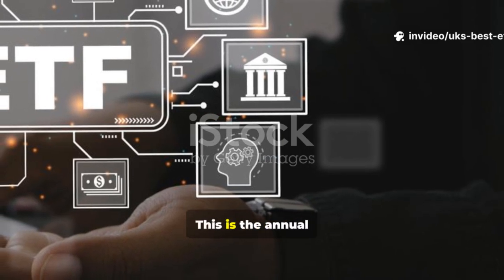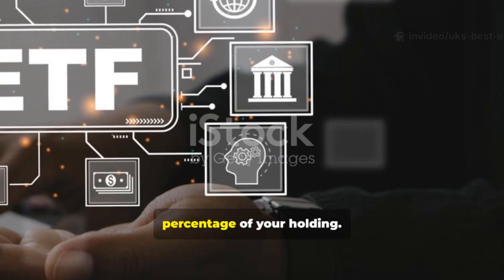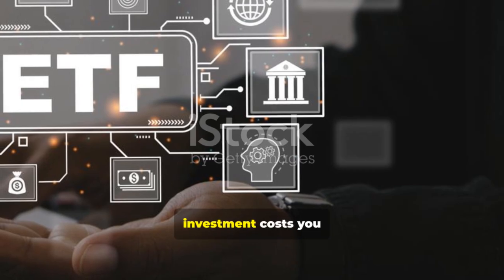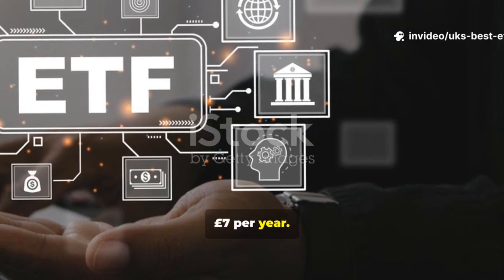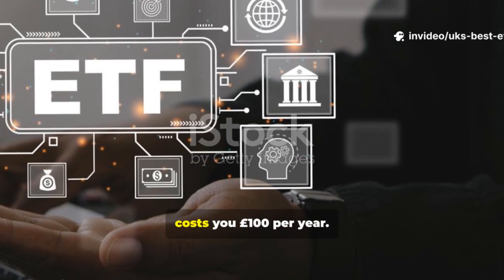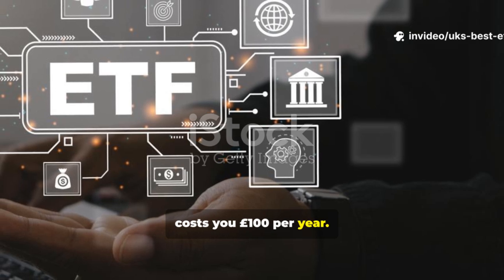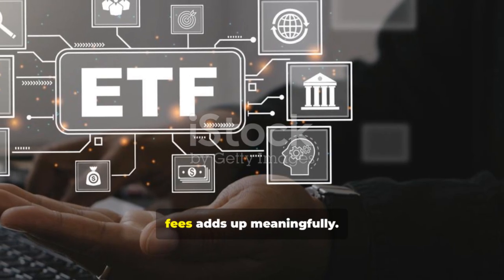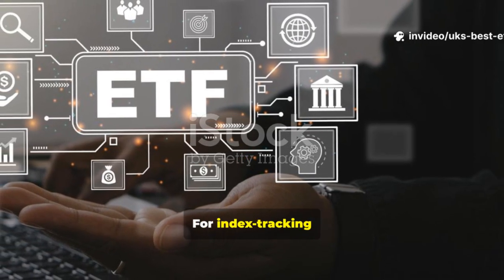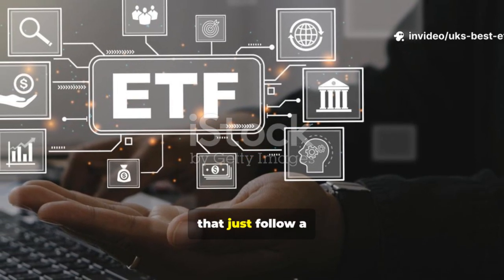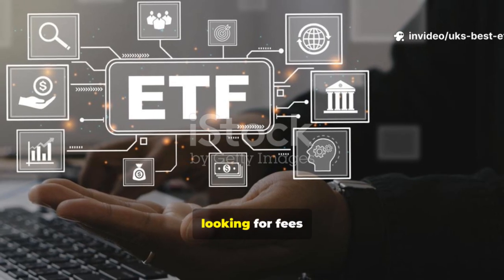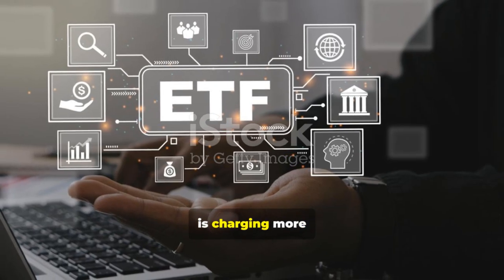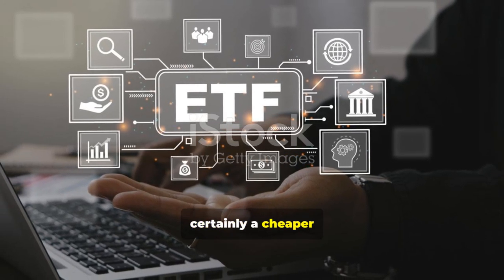ratio. This is the annual cost of owning the fund expressed as a percentage of your holding. A 0.07% fee on a $10,000 investment costs you $7 per year. A 1% fee on the same amount costs you $100 per year. Over 10 or 20 years of compounding, even a seemingly small difference in fees adds up meaningfully. For index tracking ETFs, passive funds that just follow a market index, you should generally be looking for fees well below 0.25%. If a passive fund is charging more than that, there is almost certainly a cheaper alternative doing the